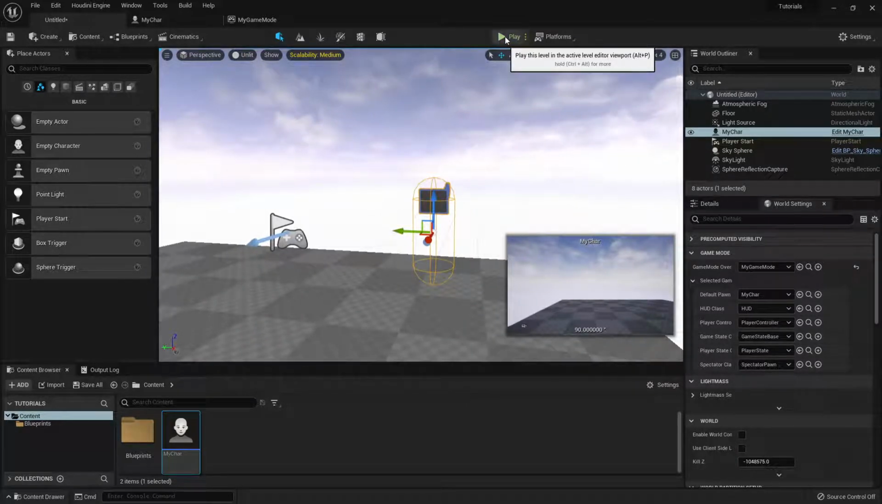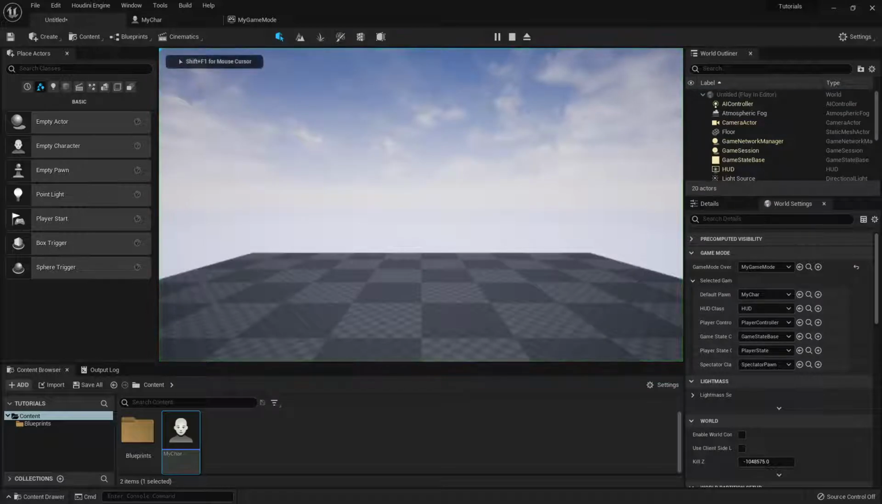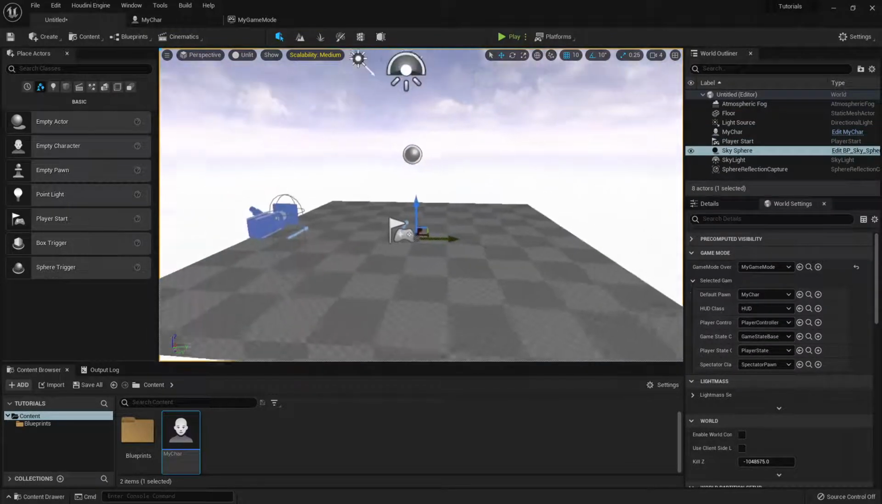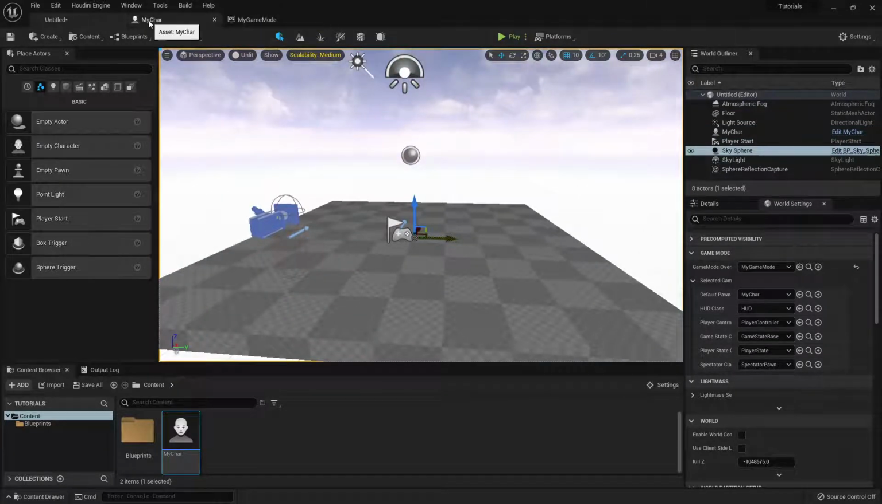All right, so let's hit play. And we can't move around. We have to implement movement. How do you do that? I'm scared. Basically, we're gonna do this kind